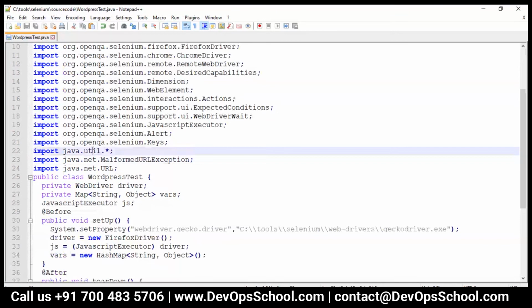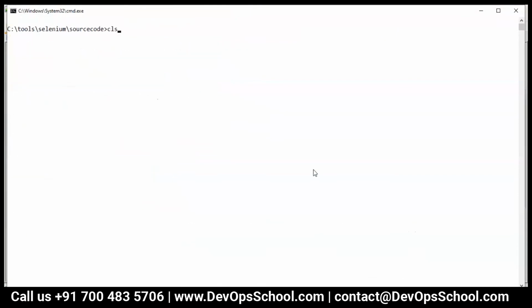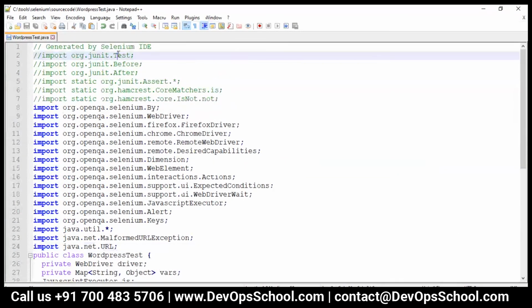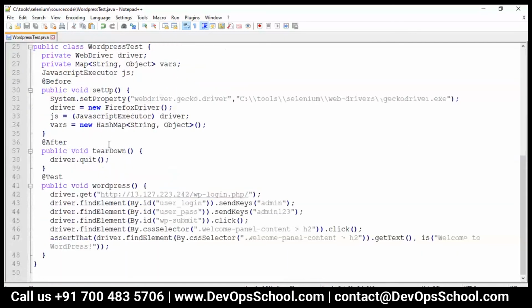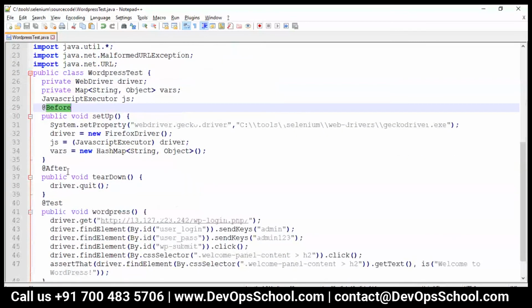Java util, this is a default one, I guess. So it should be there. What is this? Okay, I need this actually. It's being used somewhere after which line? Line 29. Somewhere it is used here, before and after.